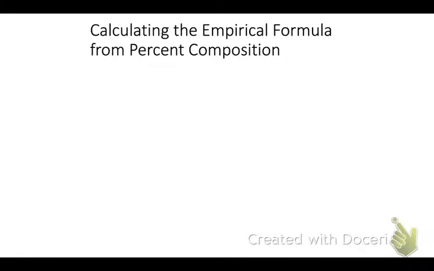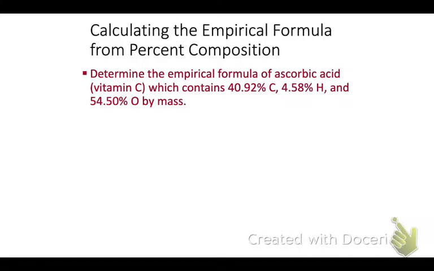Now let's see how we can calculate the empirical formula from percent composition. Here is a question. Determine the empirical formula of ascorbic acid, which is vitamin C, that contains 40.92% carbon, 4.58% hydrogen, and 54.50% oxygen by mass. So the first thing I do when I address these questions, I will say, here is what I know. In 100 grams of ascorbic acid, I know that I have